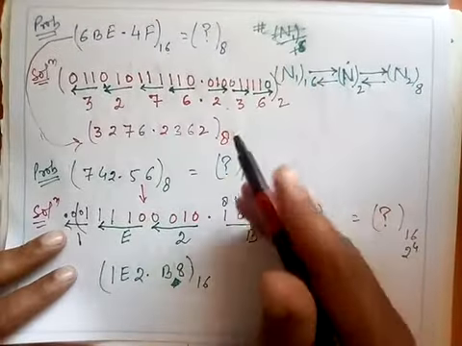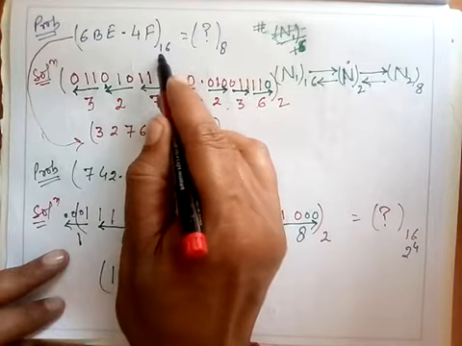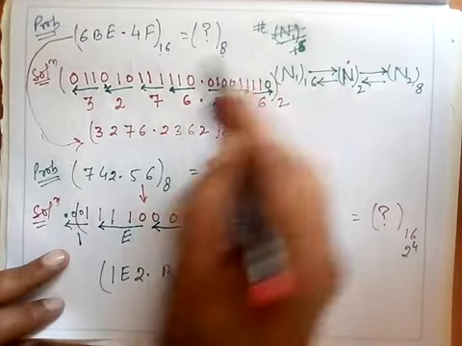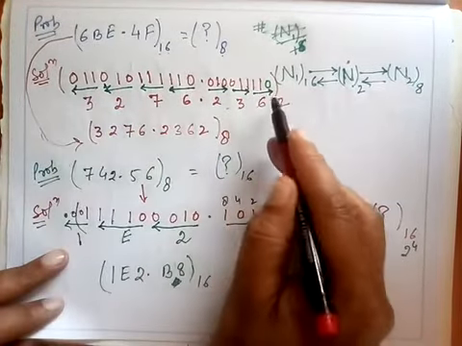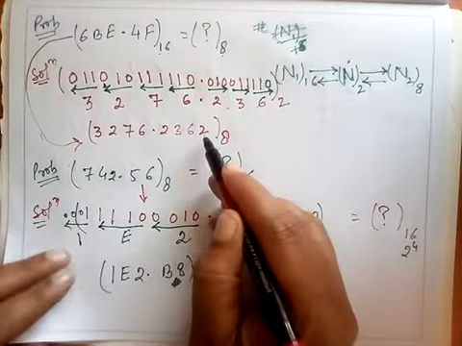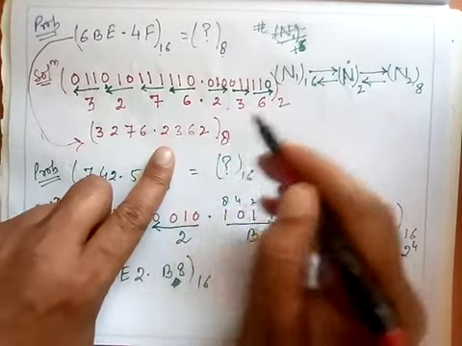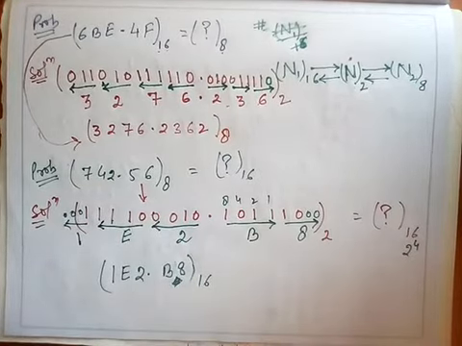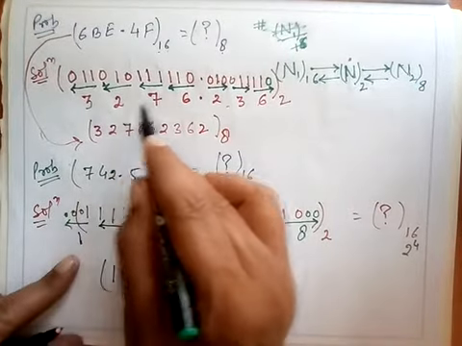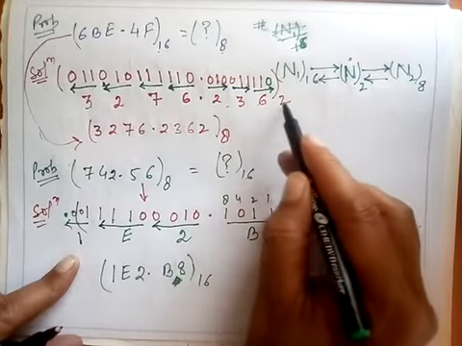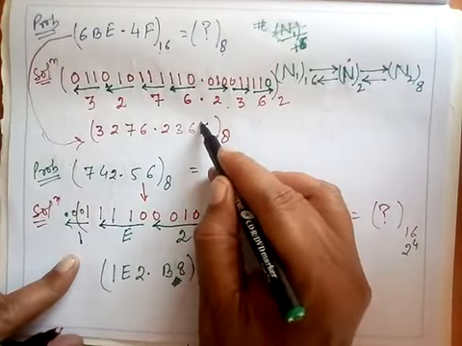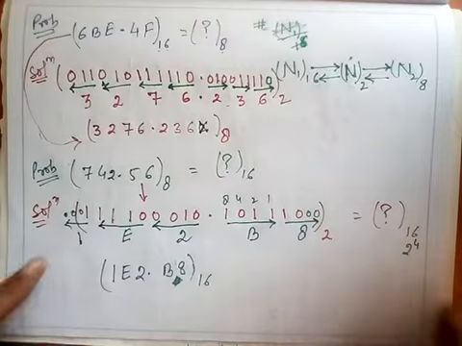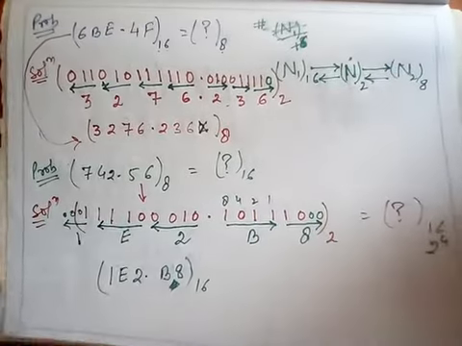Just see, in this a problem was asked to convert this number in hexadecimal into octal. It was converted into binary bits, and what I have done here, this 2 has been repeated. The corresponding number will not include this 2 here. If you see that the final result is 3276.236. This was base 2. I repeated it here. Please, this is the complete answer. So thank you for this correction.